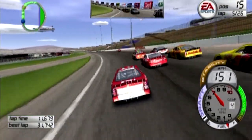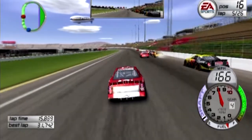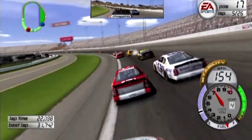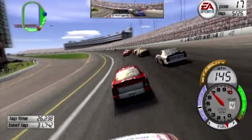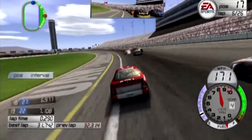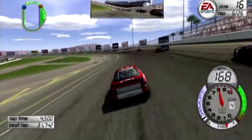I didn't recognize the paint scheme just then, but I thought that was the fantasy driver. We shot up the track just a little bit, and we got a smoker up ahead. It's the number 4 of Jeff Purvis. Oh boy, we're going to have to slow down a little bit here. We're going to have to just try to be careful. We don't want to wreck because Purvis is going to try to move down the track eventually. And there he goes. He moves down to the bottom of the racetrack. Jeff Purvis out of the race